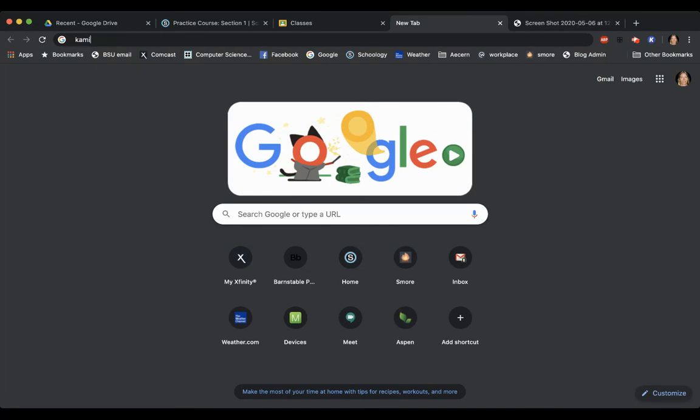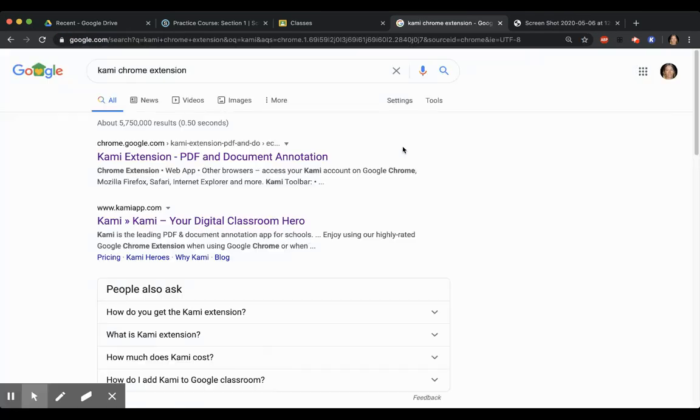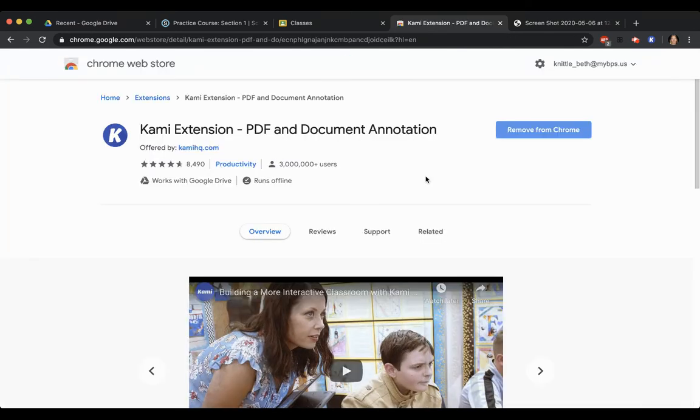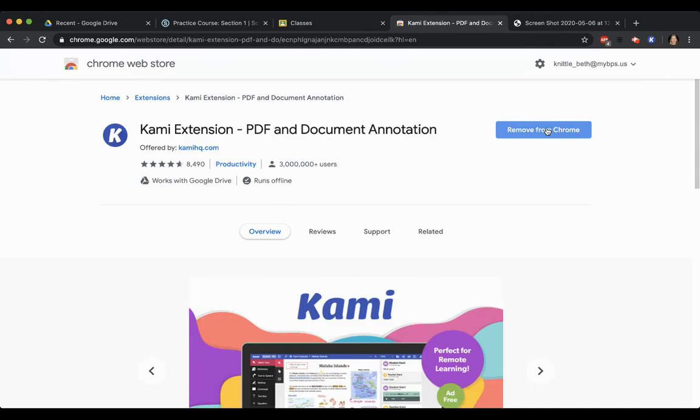So we can just search for the Kami extension. We're going to go for that. And I already have it, but you would be adding it to Chrome here, and your students would do the same to download that extension. So now let's take a look at a document in